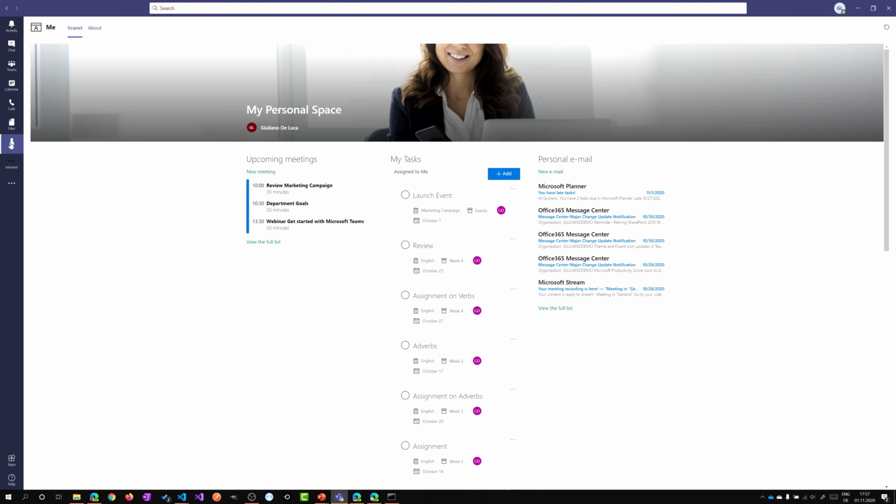And I also created this icon. There is a repository on my GitHub where you can find this app, so you can easily reuse it if you want. There is also this icon that I created, which is fully immersed in the same way like other icons. So it's like to have an out-of-the-box feature here. As I said, this is a SharePoint framework solution embedded as a personal app